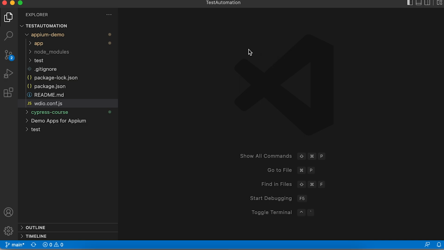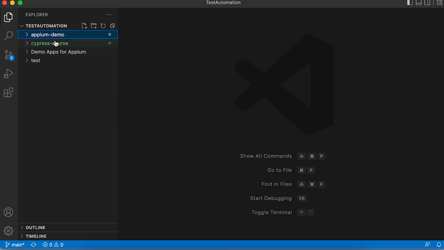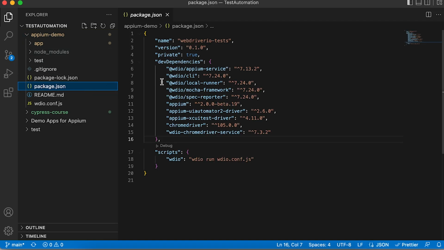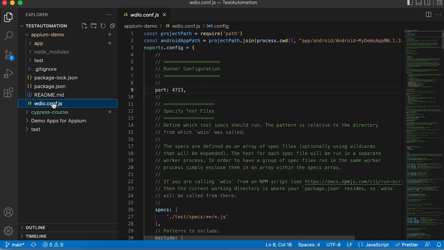Okay, so as you probably remember, we have installed WebDriver IO in a folder, right? Now we have a structure like this one. You don't have the test folder, and probably this is the only folder that you don't have, but you should have the package.json in this particular structure. Okay, so the first thing that I want to show you is that you can access your